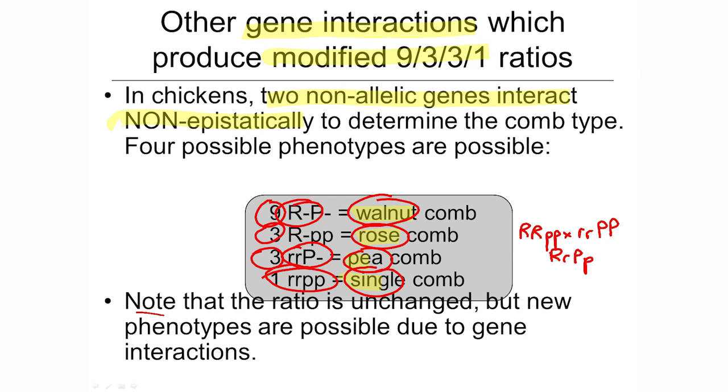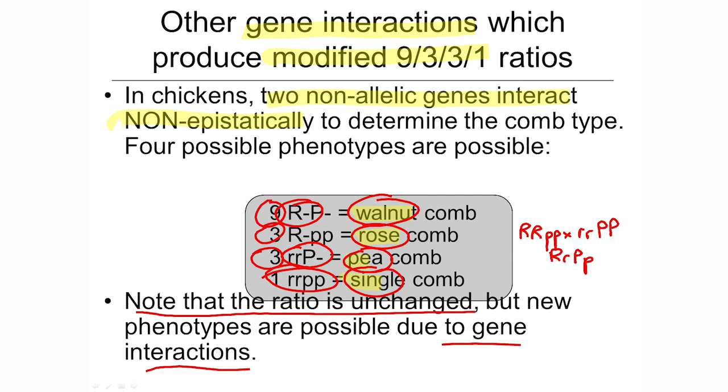So in this case, the ratio is unchanged. This isn't a modified ratio like 9:7 or 9:3:4. What's happening though is, even though it's 9:3:3:1, each one of those has a unique phenotype associated with it, and that's common when you have non-epistatically interacting pairs of genes. Okay? So whatever those gene interactions are, they're leading to these different phenotypes, and usually you have to be told